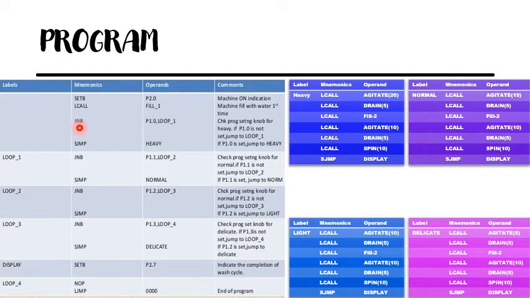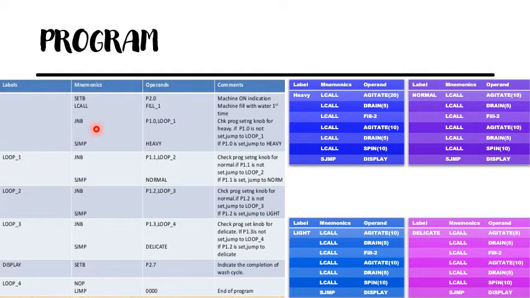JNB, jump if no bit, port 1.0 to loop 1. This checks the program setting knob for heavy. If port 1.0 is not set, then it will jump to loop 1.